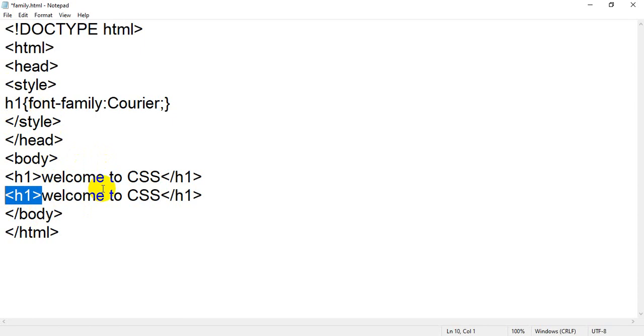Student, if you can recollect, in our previous lecture I have already told you that if we have multiple HTML elements with the same name, and you want to apply your property to a specific element, in that case we have to use the ID of that particular element. I have already discussed what is ID and what is class. It means we apply our CSS uniquely on a certain tag. The tag name is the same. This is an h1 tag. Again, this is an h1 tag.